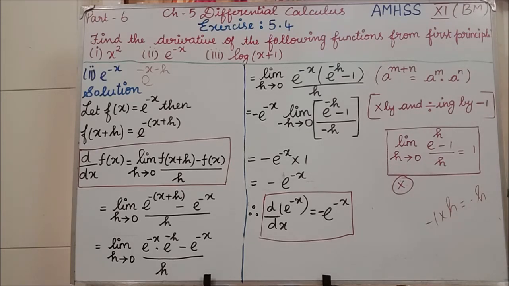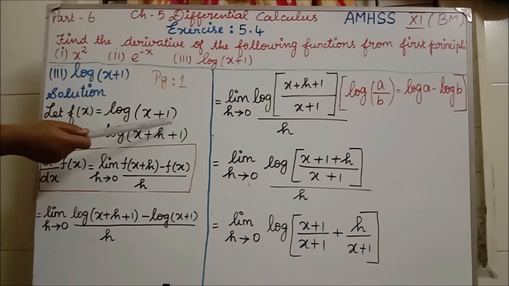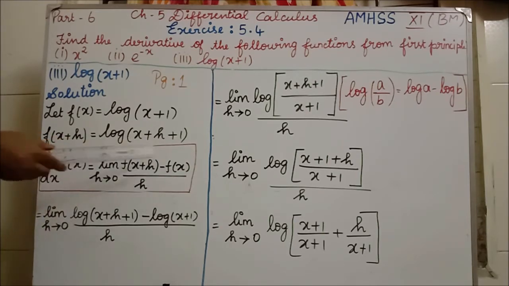Shall we do the next subdivision, the third subdivision? In the first question, this is the third subdivision: log of x plus 1. That is our question. So what we have to do first, we have to take f of x equal to log of x plus 1. The next step, according to the formula, we need f of x and f of x plus h. f of x plus h, how will you write? Log. Instead of this x, what we have to write? x plus h plus 1 we have to write. Clear? So in this formula we now know what f of x plus h is and what f of x value is.